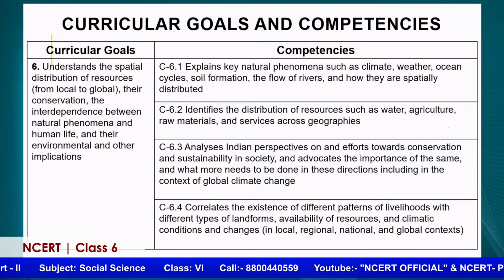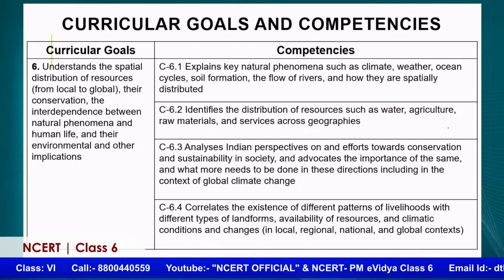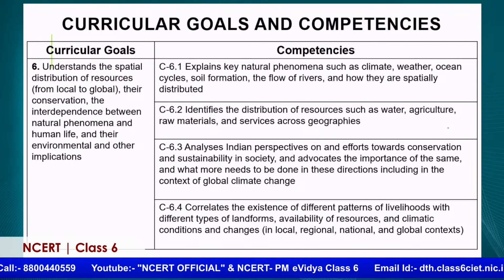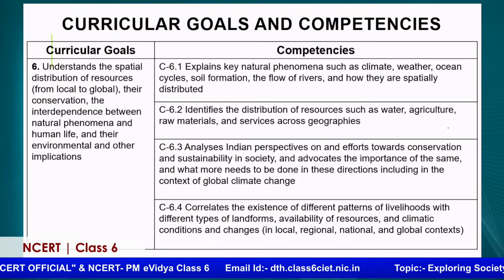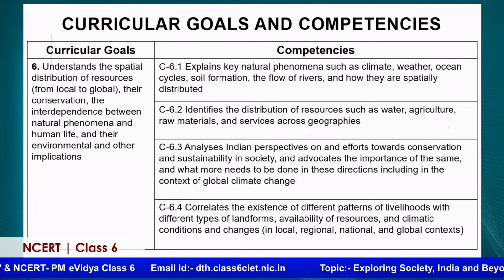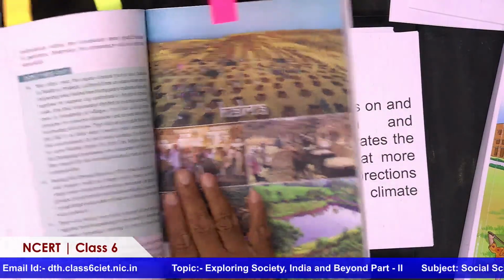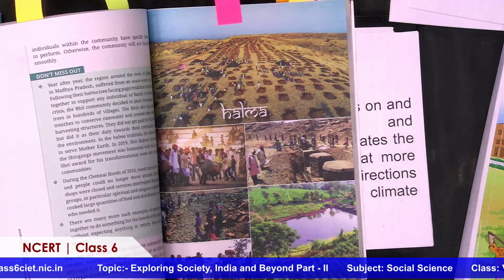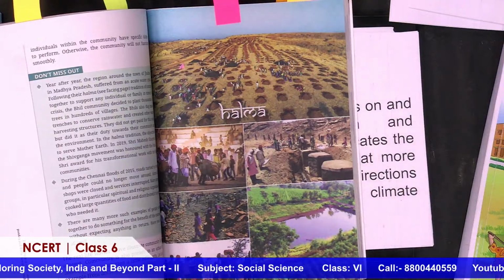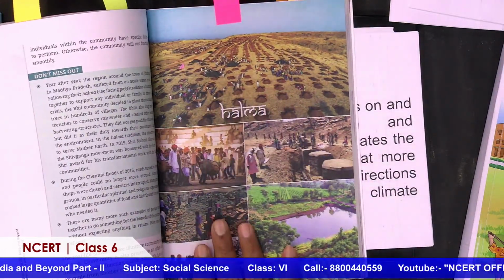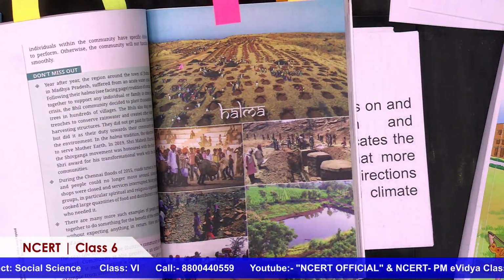I will give you one example of how one competency is included in the textbook. Let me take C 6.3. Let me show you the book. I am just giving you an illustrative example. If you go to page number 144, you can see a big wide picture. This is one of the unique features: you students have to cherish the visuals available in any textbook, including the social science textbook. On page 145, you have visuals relating to a traditional water conservation technique